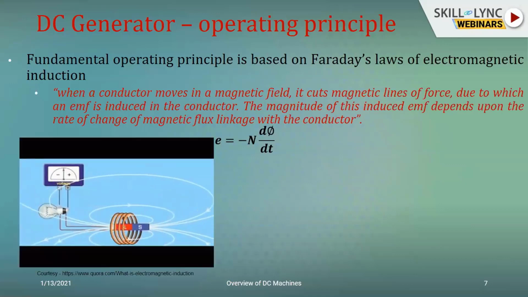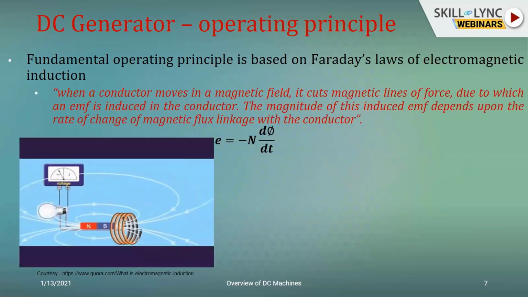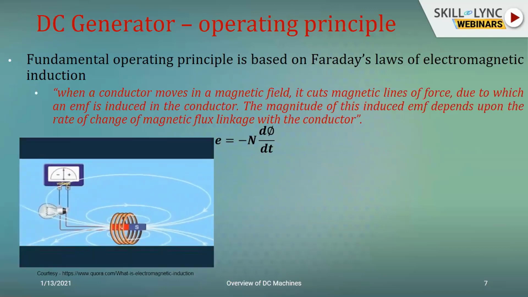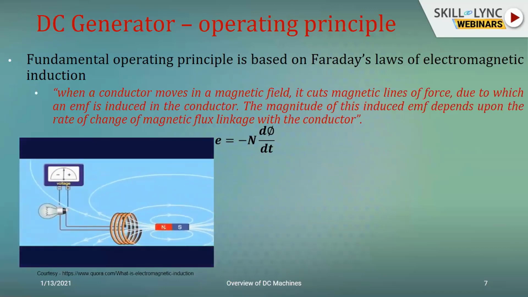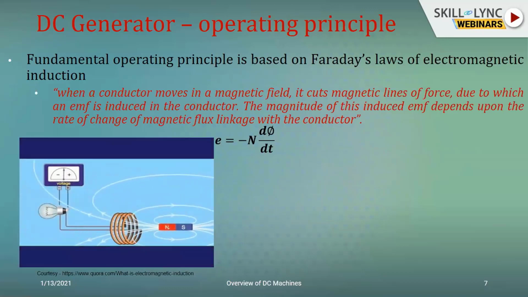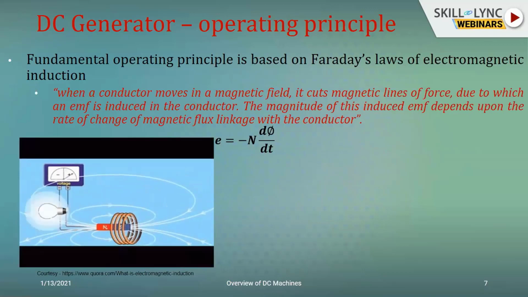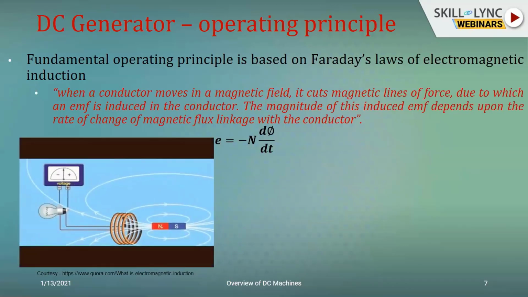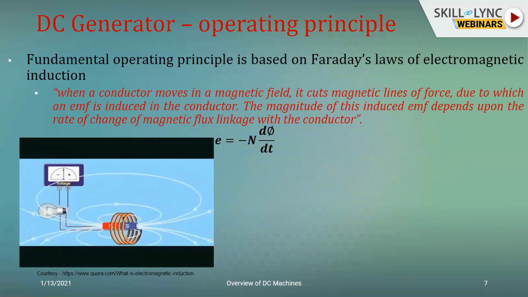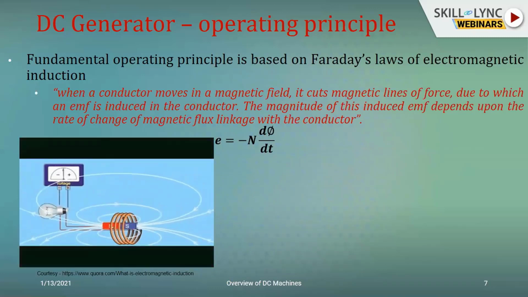The same concept is indicated with this particular GIF file. Here, the rate of change of flux can be achieved in two ways. Either you make use of an electromagnet, wherein you have an alternating excitation, because of which there is a current that changes sinusoidally, and so the working flux would also be changing sinusoidally. But when it comes to DC machines, I cannot talk of alternating parameters. So the same d phi by dt can be achieved with the help of displacement of the permanent magnet. That displacement of the permanent magnet is what this particular GIF file shows.